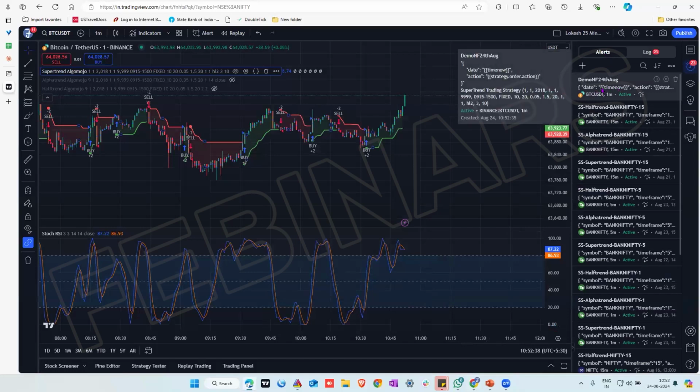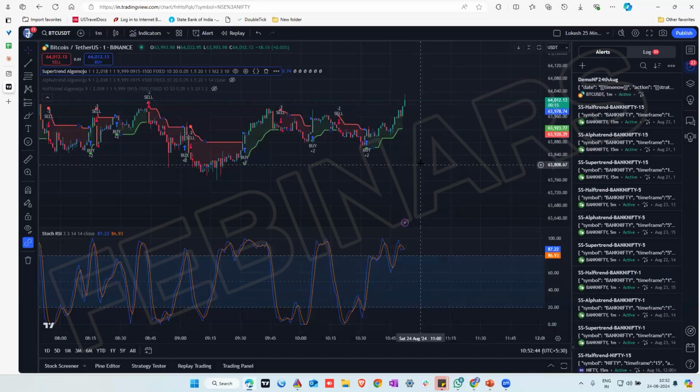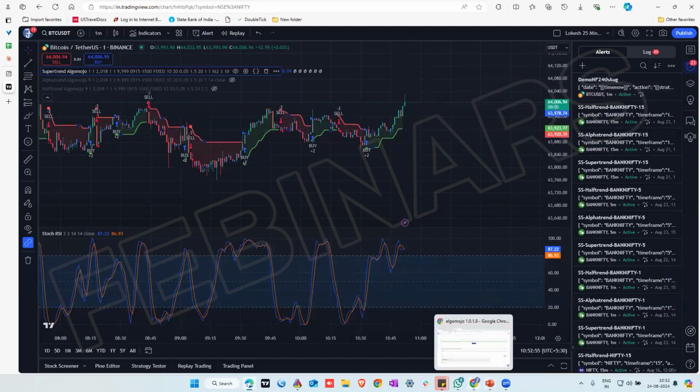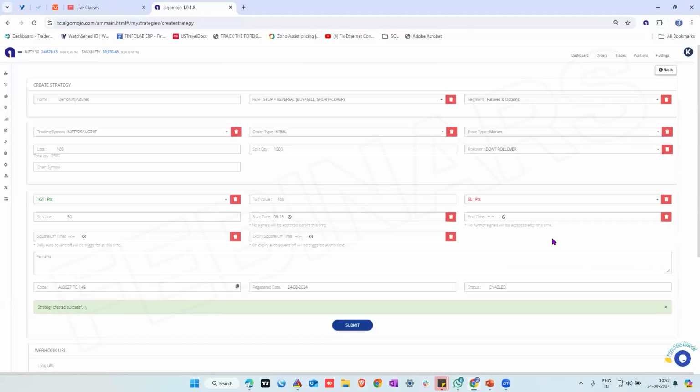As you can see, this is a strategy alert that we just created, demo NF 24th August. So if Supertrend generates a sell signal now, it will take the sell order. Now, another important point to be noted is once you define the order parameters, you need to go back here and